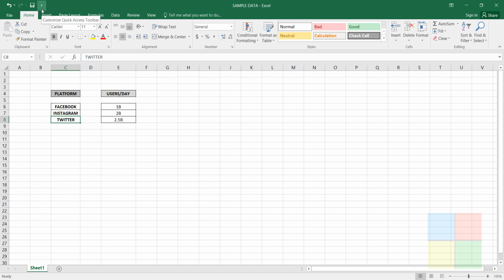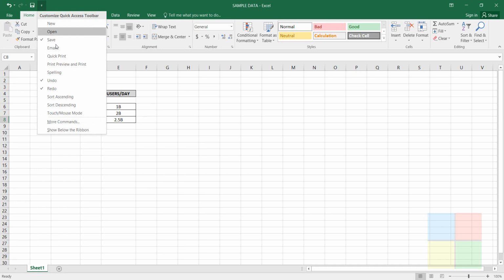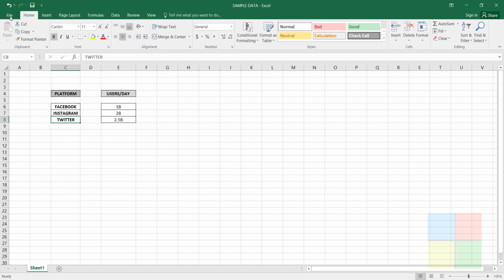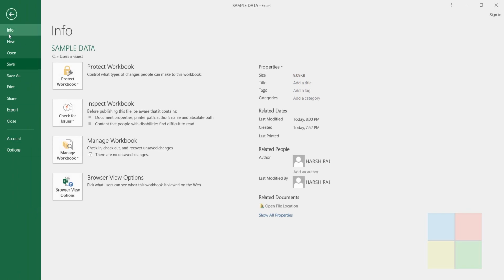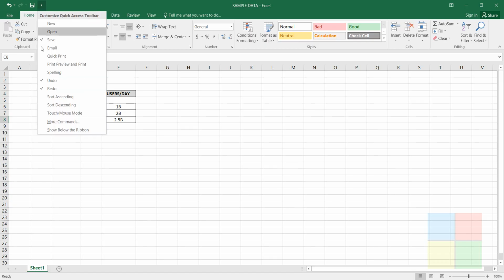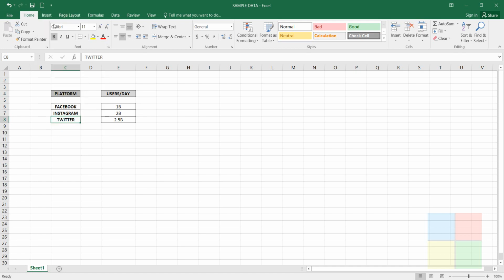Got it? Again, if you click on this drop down here, we can add some more options from the file menu. From the file menu you have some options, right? The same options are available here. You can add them here, such as new. See, now new is available here. So you don't have to go to file and new. Instead you can just select new, which opens the new file. Got it? I remove it now.